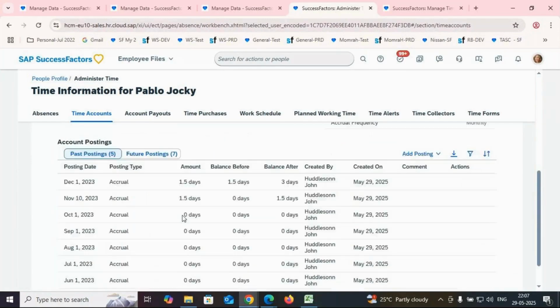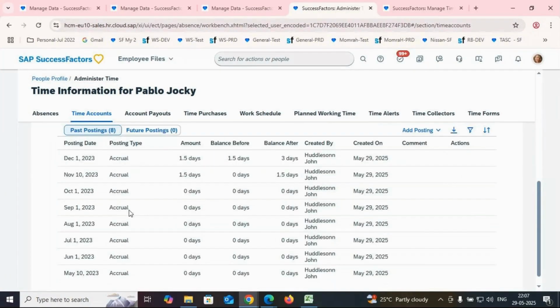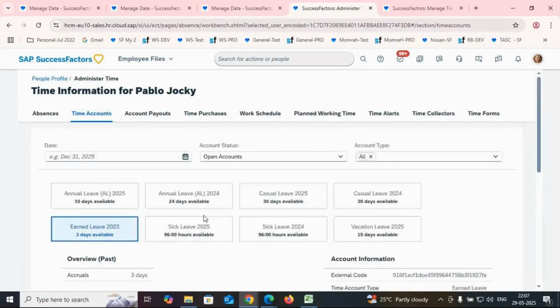So May to October, 6 months, you are not eligible to get a quota as per the logic we built. You are eligible to get a quota from November and December. See, November calendar got executed. Once the December calendar got executed, now you can see